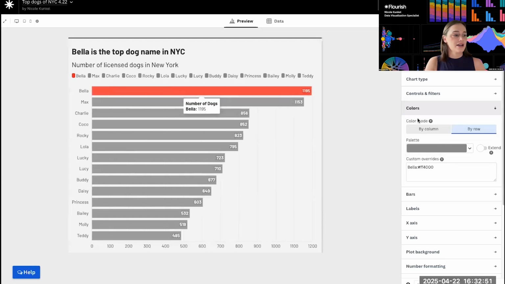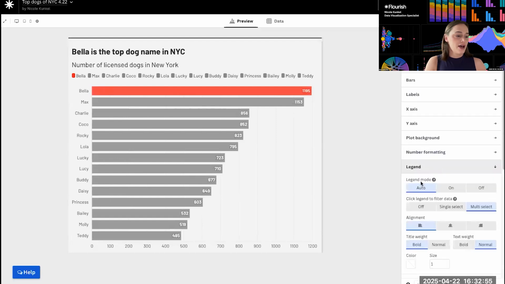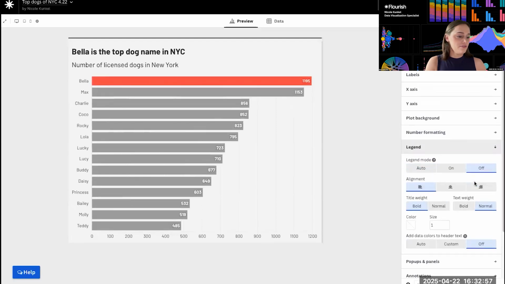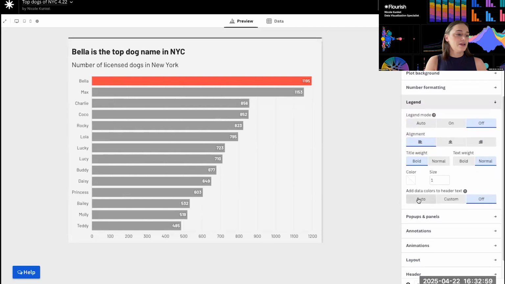This legend isn't adding any additional information, so I'm going to go ahead and turn the legend off. And under this legend tab, I can also color Bella in the header the same color as the bar. So now the header text is acting as a legend as well.